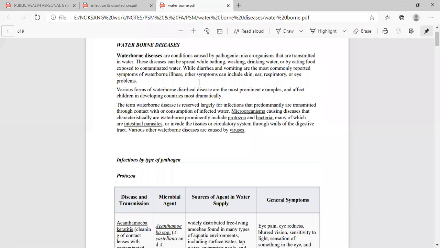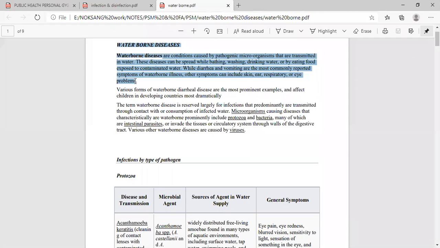Okay, and some other symptoms can also include skin infection, ear infection, respiratory tract infection, or eye problems. These are the other symptoms of waterborne disease. But the most commonly reported symptoms are diarrhea and vomiting. It mainly happens to most people because of unhygienic measures, and mainly because it is spread through dirty water. Okay,